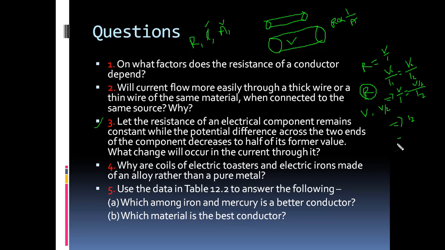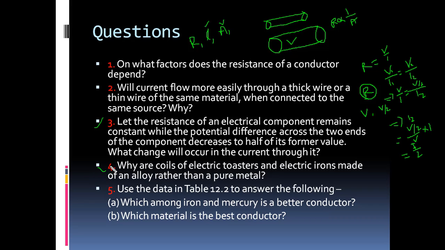Now I2 will be equal to V divided by 2, that is the numerator here. This I2 will come here, V by I will come here, V into I. Now this V cancels. 1 by 2 comes here, which will be equal to I divided by 2. So here this is I, it is not 1. I divided by 2. So when the potential difference becomes half, current flow will also become half.